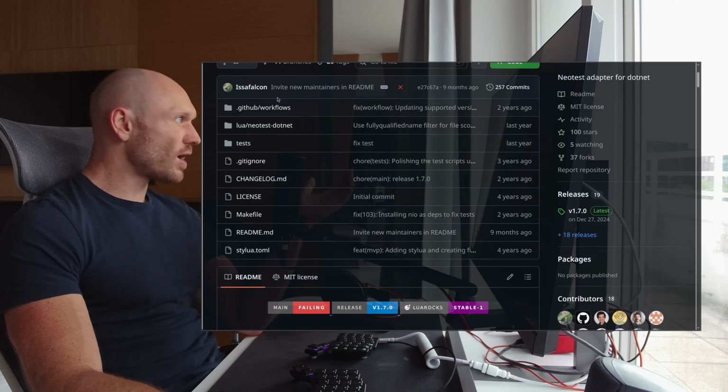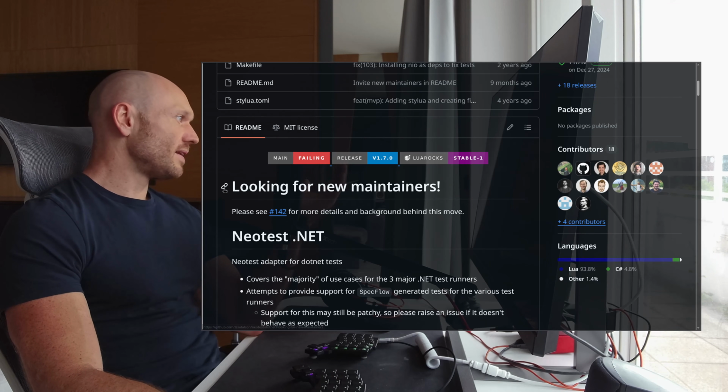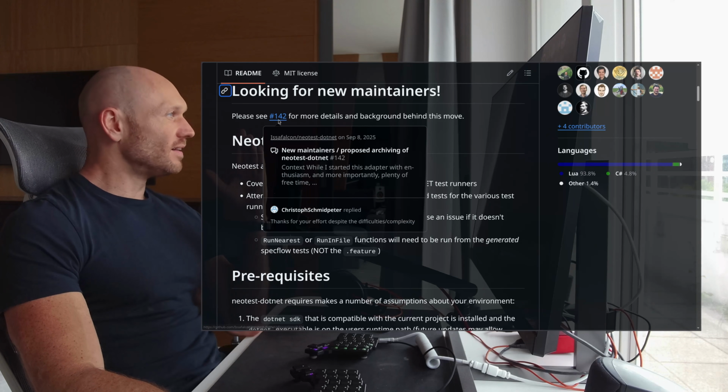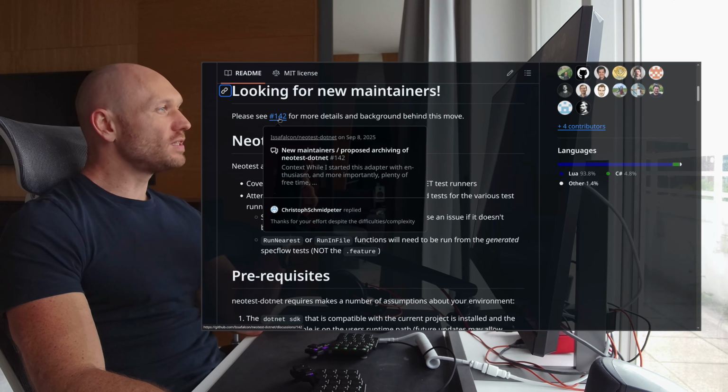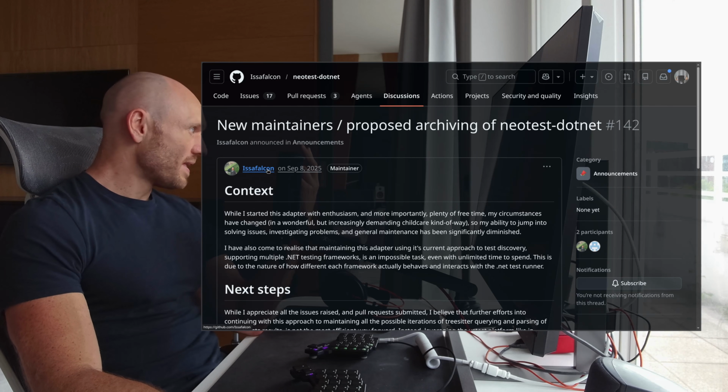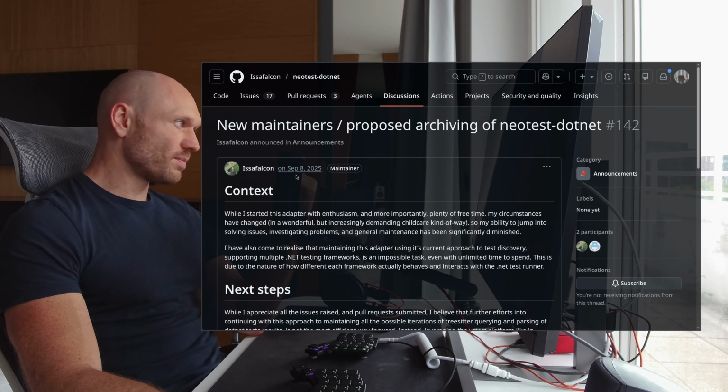So there's right on the GitHub page for that thing, at the top, there's a heading called "Looking for New Maintainers." Please see this link right here for more details and background behind this move. And then he says, it's Isa Falcon, he says, and this is from September last year,